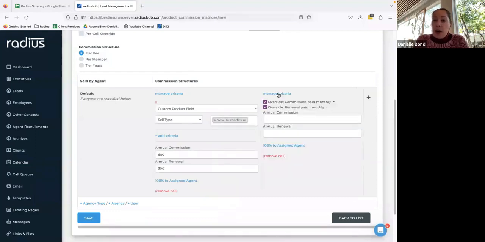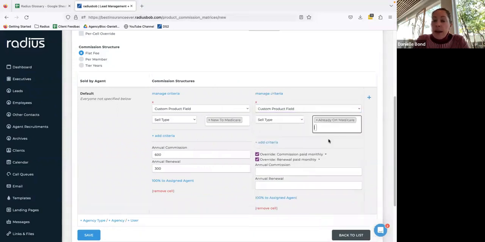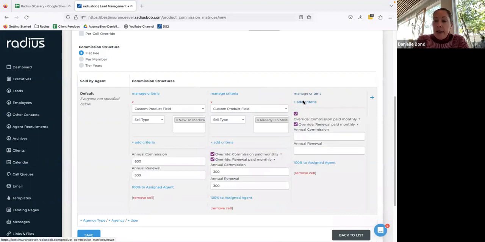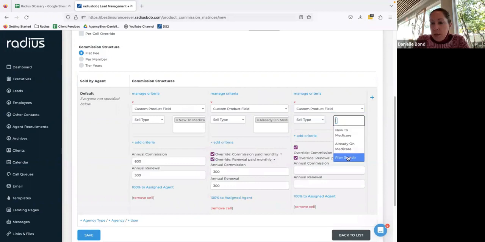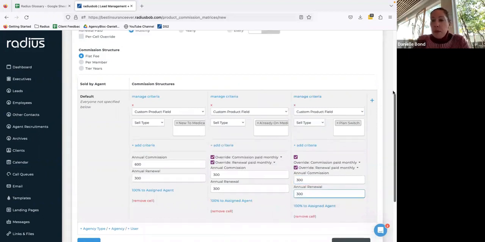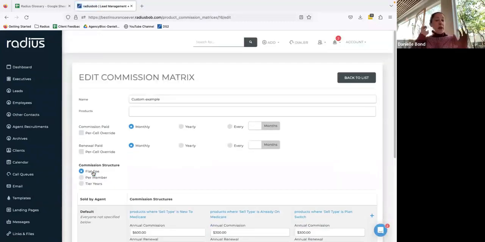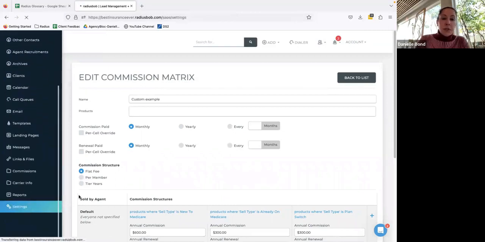But if they are the cell type of already on Medicare, I only get 300 and 300. And then I would also need to track if it was like an agent of record switch or what's the remaining one? Plan switch. You can customize those options there as well. And save. So you can have those custom product fields, which are held in, let me show you, settings,